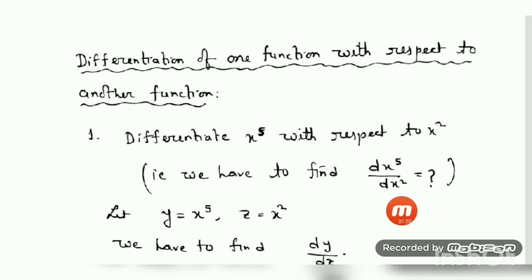So easily this can be differentiated if you convert it into parametric form. How to convert? You see, first you name this x to the power 5 as one variable, say y, and x square as say z. Okay, then if I name it like this, let y equal x to the power 5 and z equal x square, then you see both y and z are functions of x. That means y and z, that is this and this one, are related with the help of a third variable, that is your x. That means x is your parameter, right?